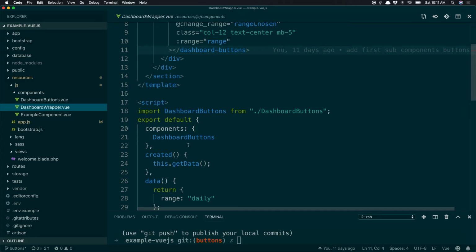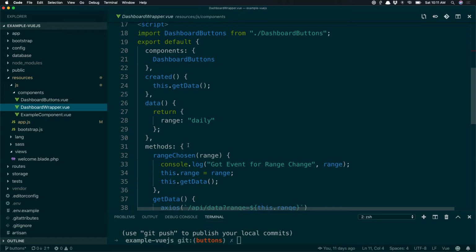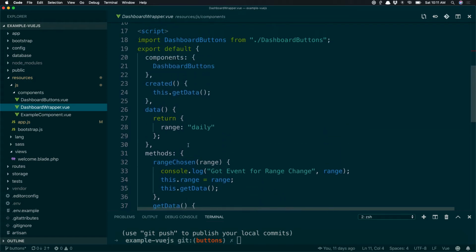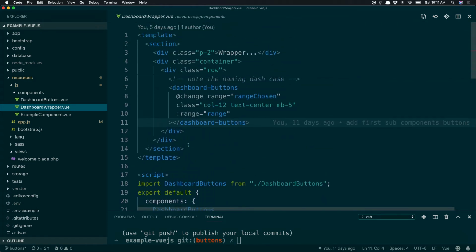In this case, I put it up there. Now, what happens here is when this component loads, so when Vue.js has these really simple states, created, mounted, and when I say when this component is created, I want to get that data, and therefore I want to tell Axios to give me some data. It goes to the back end and gets simple JSON right when it's loaded. And then this component has a property here, and it allows me to pass in data to the component. So this means when I get range down here, I'm going to update it here. So it's really nice how you get the simple binding.